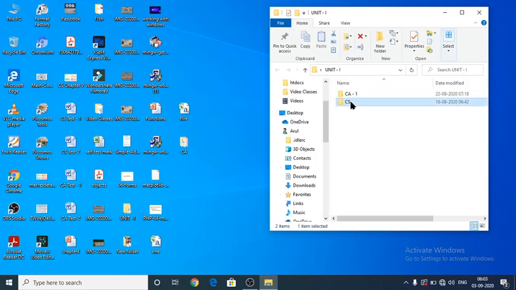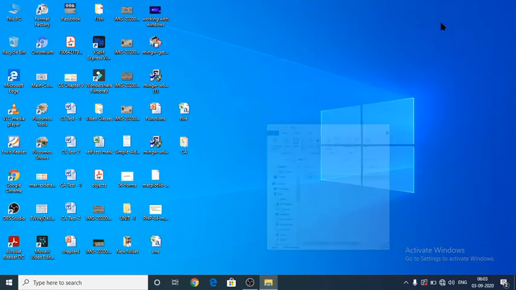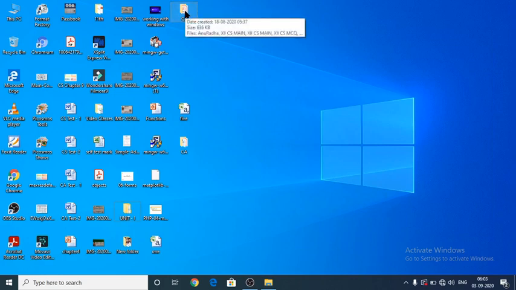Again, CS1. So I'm going to use Control X, and again here I'm going to use Control V. Yes, these are all the shortcut keys to move your file or folder from one place to another place.